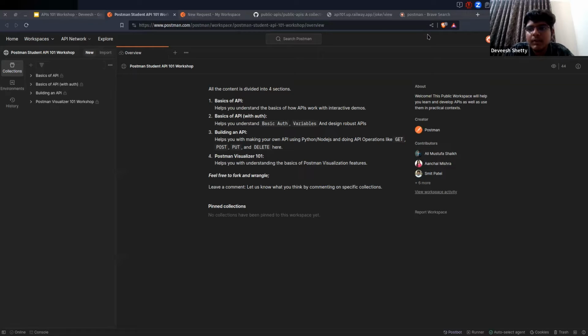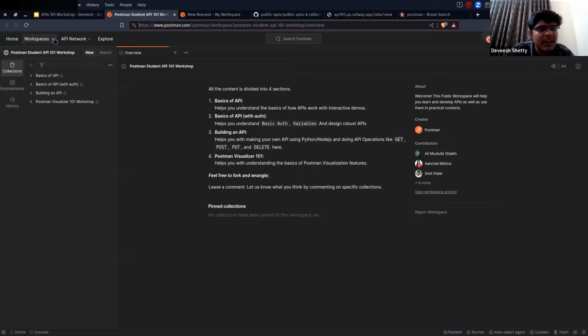So I will just tell about this interface till then. This is the basic Postman interface. When you open that URL, you will get this. You can see workspace. Workspace is basically like a folder where you will be creating all your different kinds of requests. Then API network, where you can explore different APIs, then environments, collections. This is the main interface where you'll be doing the request. I will show you. Then your account will be shown here. Then who all are active on the screen right now will be shown here, and how many people are watching.